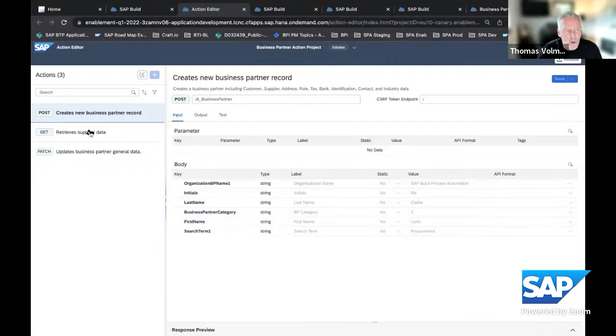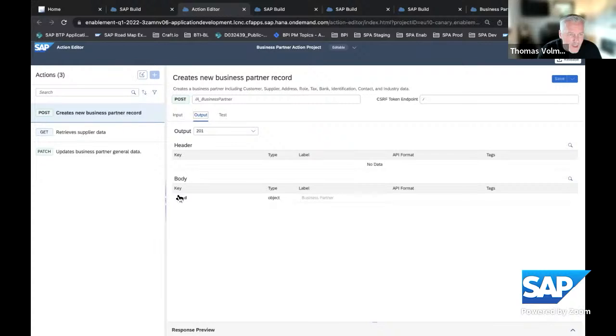I also have a get and a patch action in this configuration. This is also helpful. We now support all CRUD actions: create, read, update, delete. In a couple of weeks, we will also release using actions for value helpers at runtime, so the get action is of course important there. Here I have configured the input and the output.